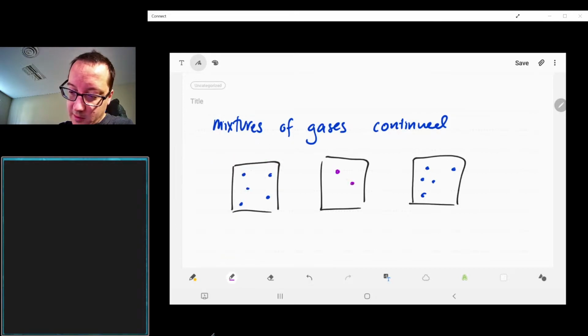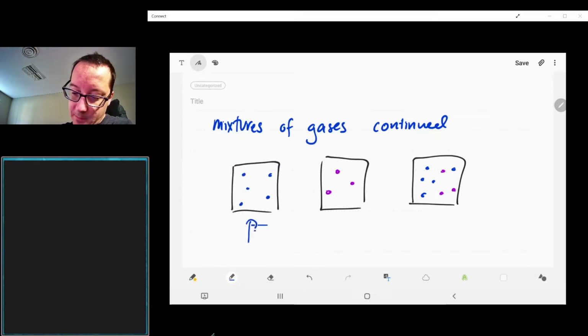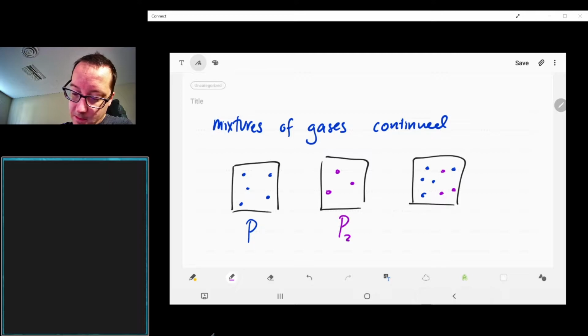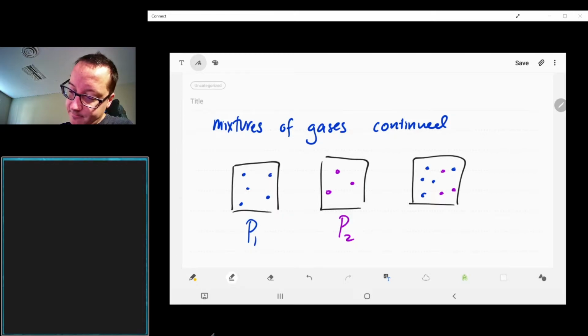Or were they green? I don't know, but it doesn't matter. And we saw that the pressure of the blue one and the pressure of the purple one, whatever, I'm using 1 and 2, but A and B, doesn't matter. The pressure here